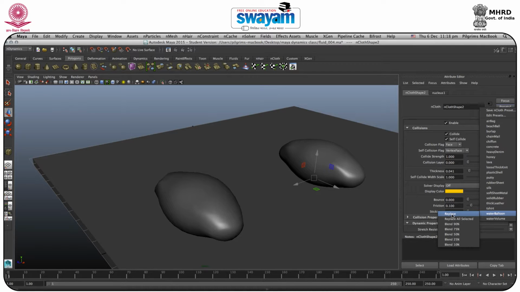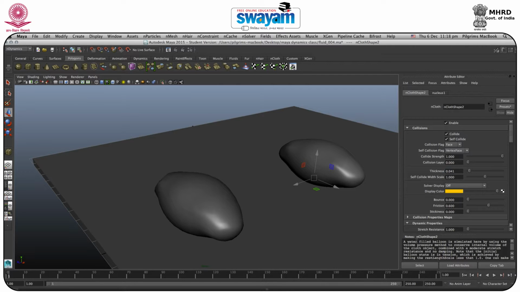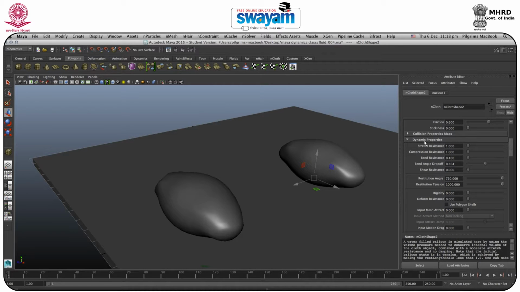So I will replace it, and when it is replaced, it shows the note, the water filled balloon to be simulated here by using the volume. So that means it has been applied to that particular body. Now going to dynamic property, which is just below it, in dynamic property there is input mesh attract, and this is 0.00. So we will make this 0.2. You can increase this a little bit and enter it,